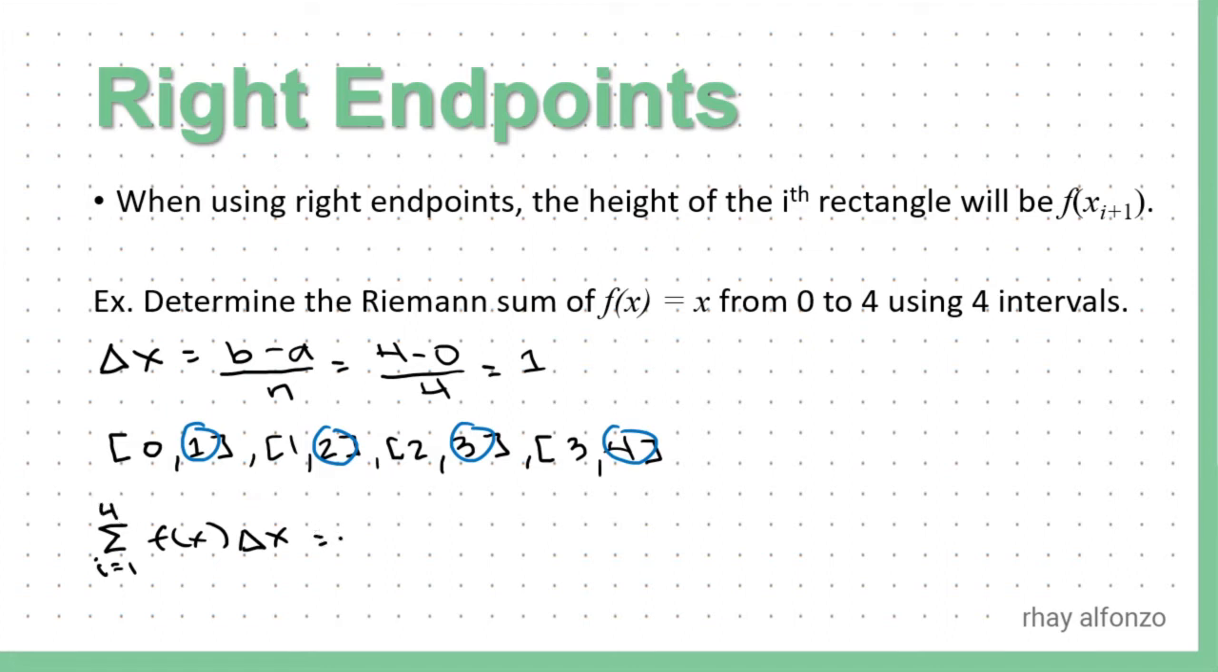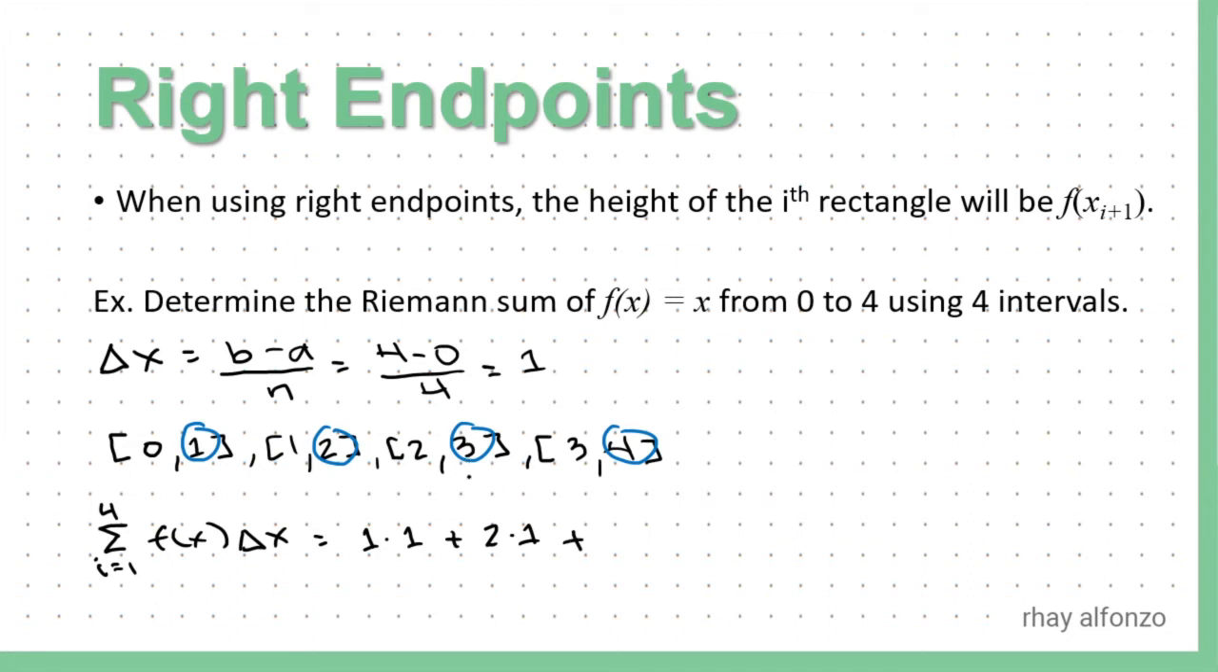So here we have our delta x as 1 multiplied to f of x. So for our first right endpoint, we have x is equal to 1. So this gives us f of x is also equal to 1. So plus, using the second right endpoint, we have f of x is equal to 2 times dx, which is 1,